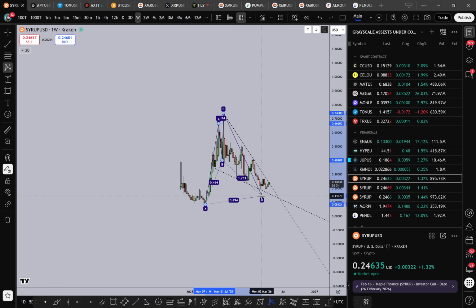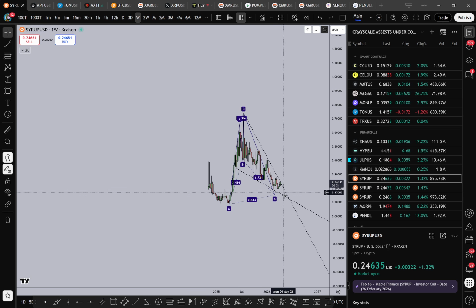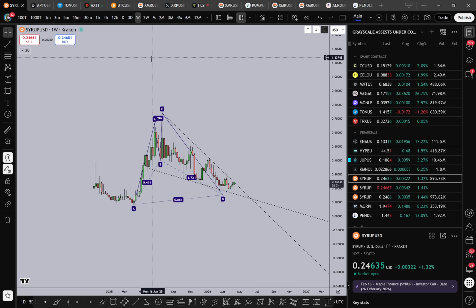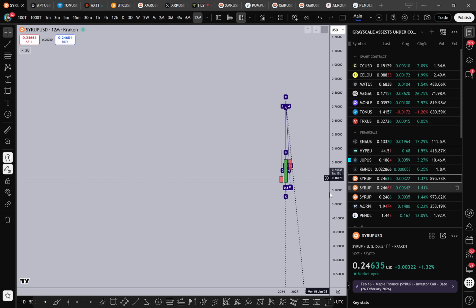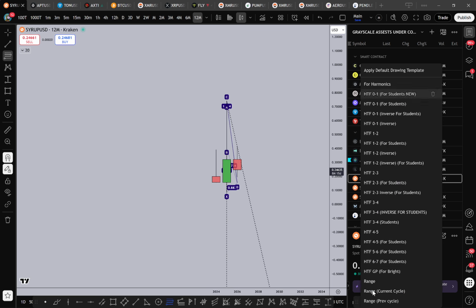I do want one more move down to the 886, but again, we could go up and then come down to complete these wave structures, right? There's no point missing out on any sort of relief rallies just because you have to wait for this level. So if this breakout retests, Syrup is going to be one good one to try and get into. And in fact, you can correlate Syrup simply around